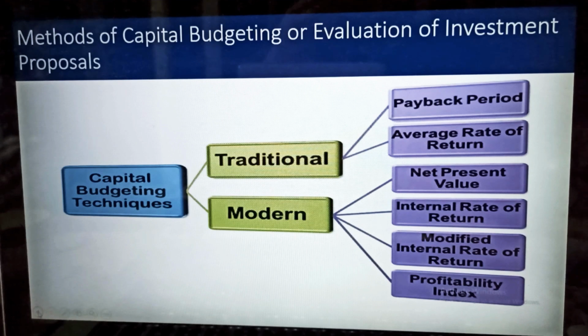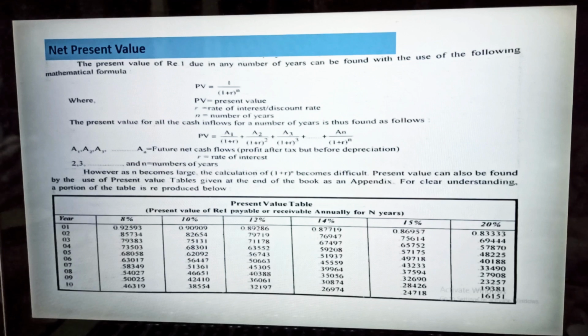If the net present value is positive or zero, that is when the present value of cash inflows either exceeds or is equal to the present value of cash outflows, the proposal may be accepted. But if the present value of inflows is less than the present value of cash outflows, the proposal should be rejected. Our next step would be to select between mutually exclusive projects, and projects should be ranked in order of net present values. That is, the first preference should be given to the project having the maximum positive net present value.